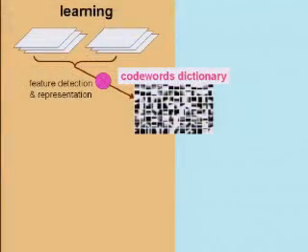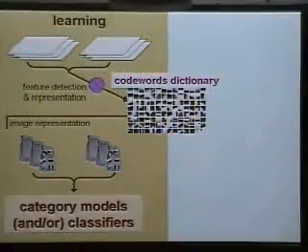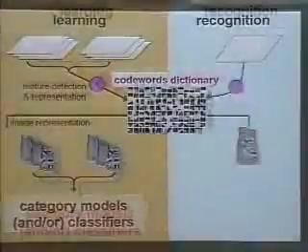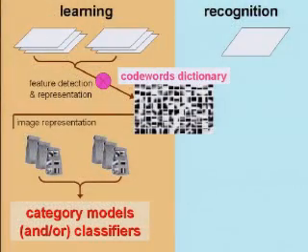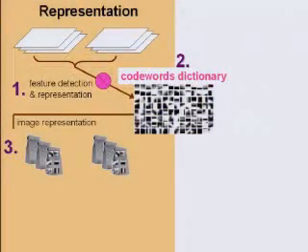And after that, we're going to express these images as bag of patches, bag of visual code words. And then we'll go through a whole learning process to extract out categorical models. And in recognition, we get a new query image. It'll be represented by the same dictionary of patches as a bag of words. And then we'll make a categorical decision. So let's focus on the representation issue first.